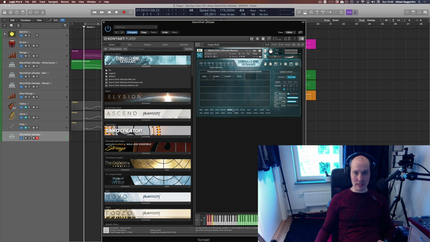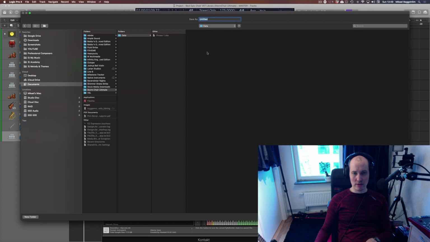And what I really like is that when you start adding one here, a syllable, you can just keep going like this. Blah, blah, blah. You can always go back and start from scratch. If you make something you like, do something like staccato here, staccato there, sustain there, different legato transitions, whatever. You can always save it with this little button here, and it will save to Stonechoir Ultimate